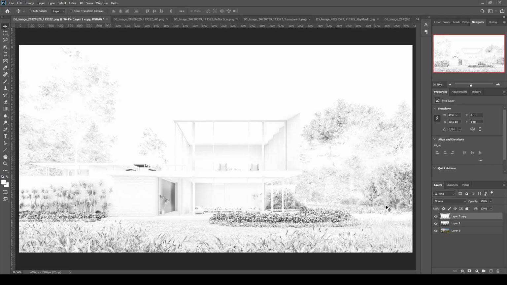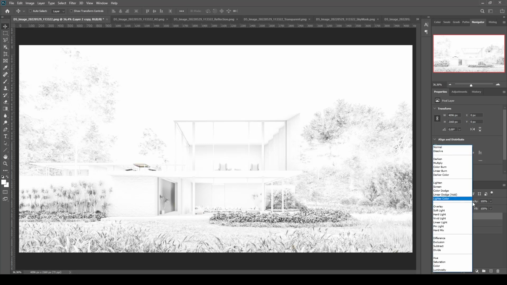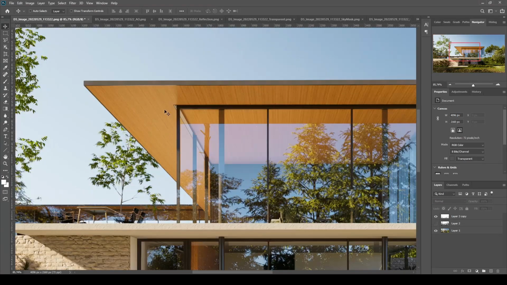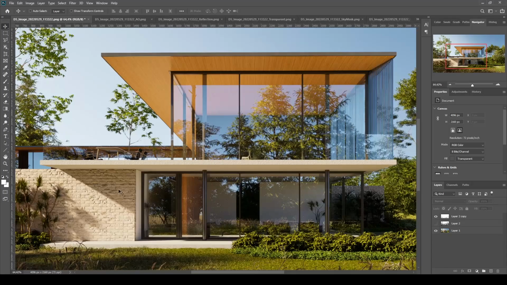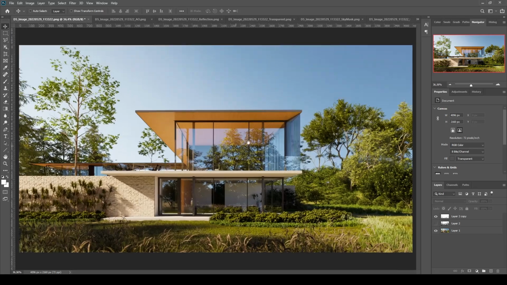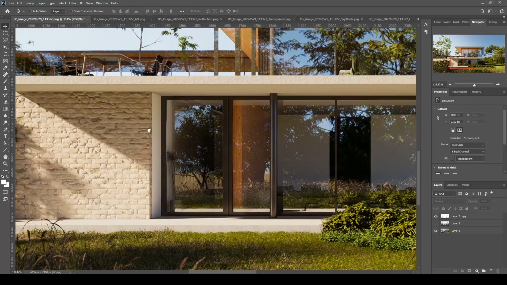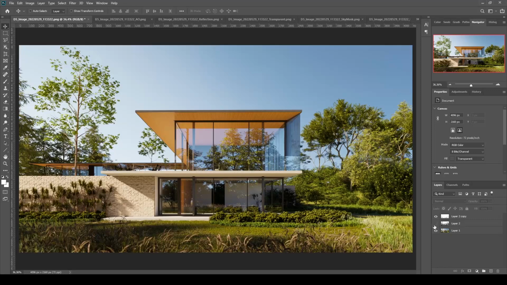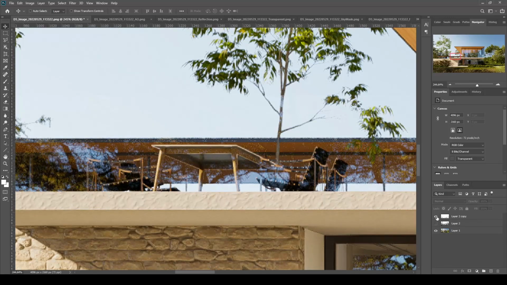Let's click OK. And this time we can use multiply. There we go. Our scene has its own color, our grass and landscape are not very dark, and we have detailed shadows, and it looks more elegant compared to before. Turn off and turn on. You can see the changes exactly under the table.